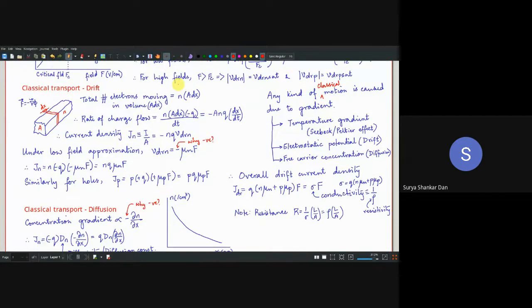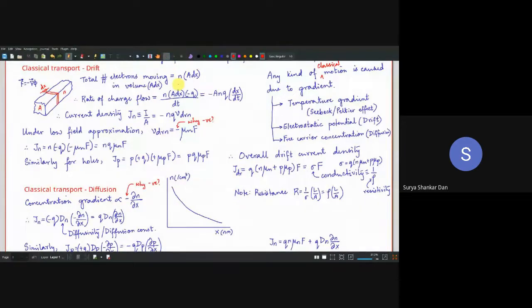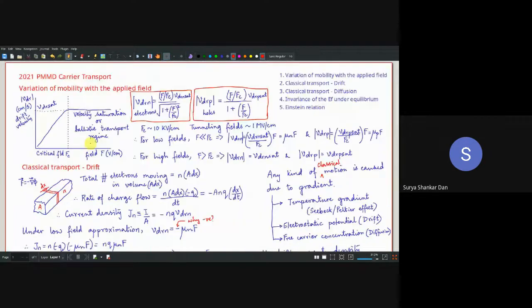So that means throughout our entire device knowledge which we have seen, you are always going to apply, हमेशा यही लिखते थे ना, drift velocity जहां भी है mu into f लिखते थे. Okay, so what it means is the drift velocity is directly proportional to the field. यही हुआ करता था, drift velocity here is proportional to the field. So this region is nothing other than the ohmic region. Okay, this is the ohmic region.